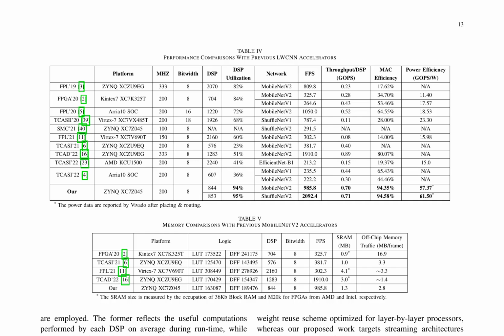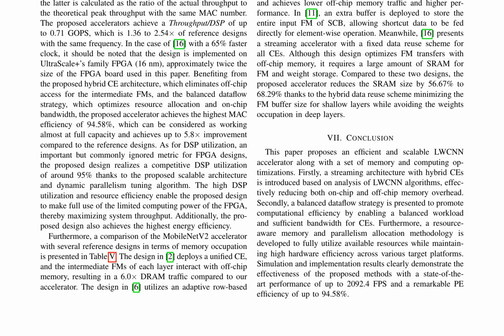The accelerator's hybrid CE architecture eliminates off-chip access for intermediate feature maps, thereby reducing memory occupation and improving computational efficiency. The balanced dataflow strategy optimizes resource allocation and on-chip bandwidth, resulting in high MAC efficiency. Additionally, the proposed design realizes a competitive DSP utilization of around 95% due to the scalable architecture and dynamic parallelism